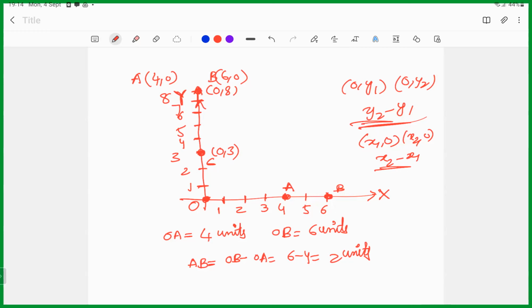Now join the points AC and join the points BD. Okay, join the points AC, join the points BD. Now how to find out the distance between the